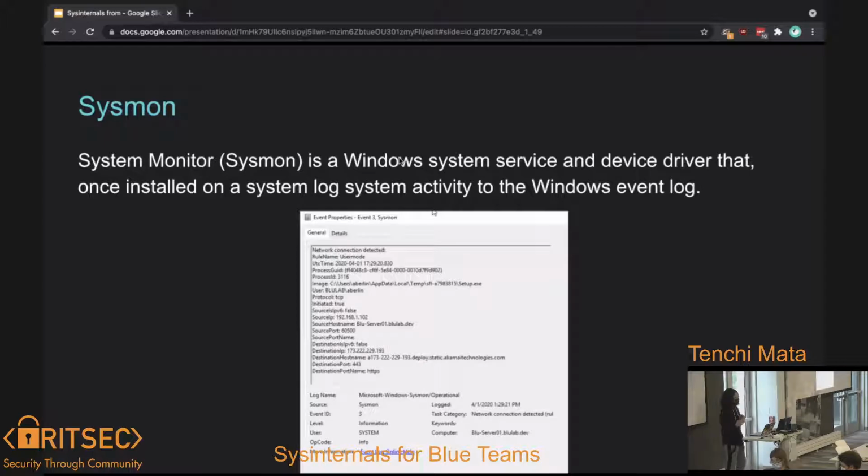Okay, and next up, I want to talk a little bit about Sysmon. So System Monitor is a Windows system service and device driver that, once installed on the system, will log activity based on a configuration that you give it. Basically, think about it like Windows already has its default Event Viewer, which is its log system, right? Sysmon extends that functionality to include a lot more things like network monitoring,